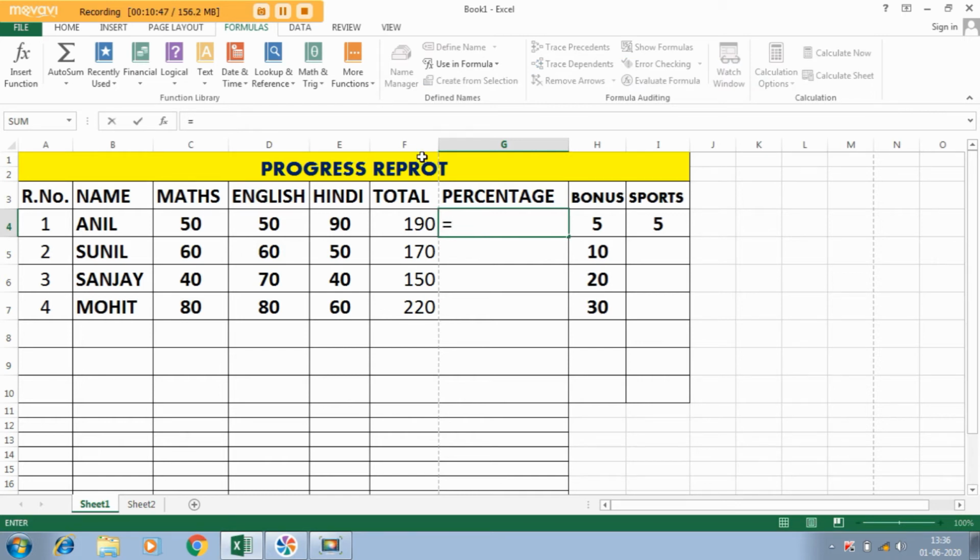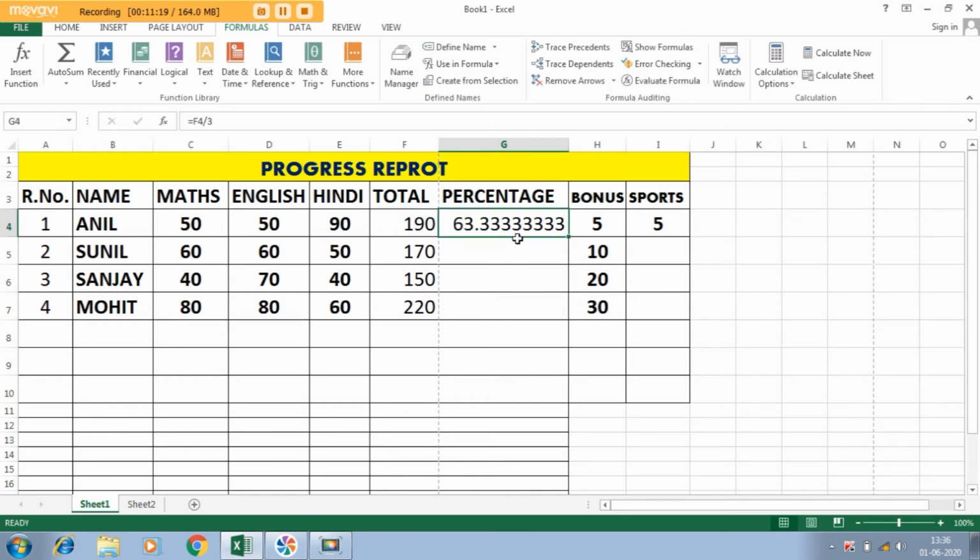the total. That is what? Good, you're predicting right. That is F4. After it, the divide symbol will be there, that is called forward slash also in computers. Give the number of subjects, if it is given out of 100. So it is 50, it is 50. How many columns? There are 3 columns which carry the marks. So we will divide this particular one by 3 and you will find the percentage of the above